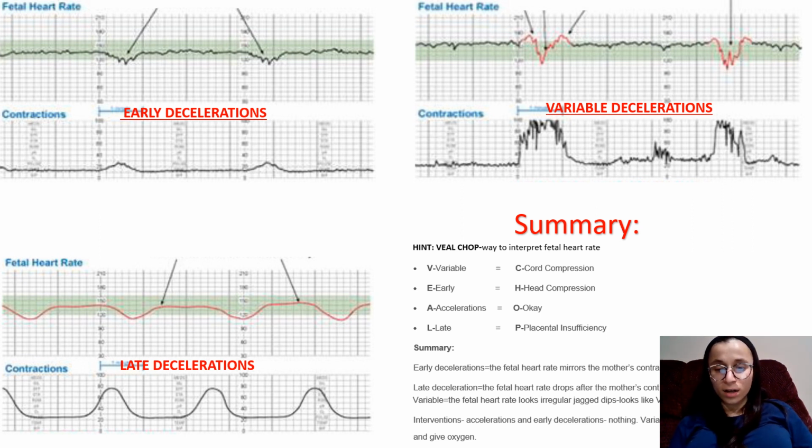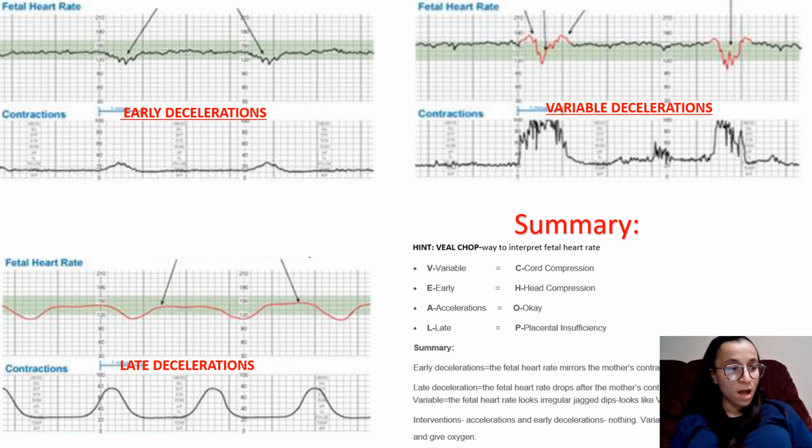And A is for accelerations, which is okay, so they're good, don't do anything. And L is for late, placental insufficiency. So early decelerations, as you see over here, here's baby's heart rate, here's mom's heart rate. As the mom contracts, the baby's heart rate dips. And after that, it returns to baseline. This is a normal finding. It means the head is being compressed as it contracts, and there's nothing to do, just